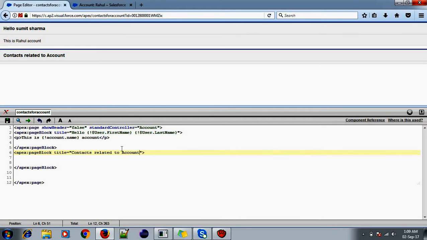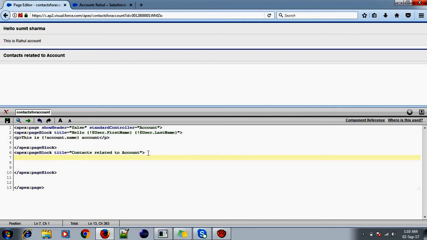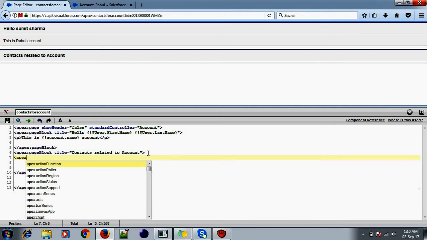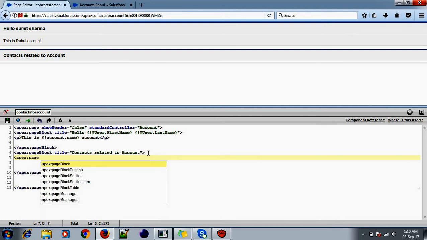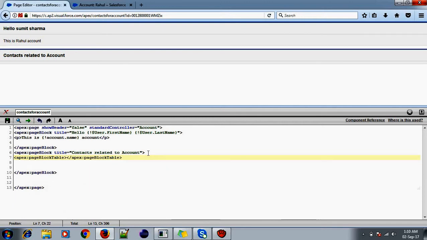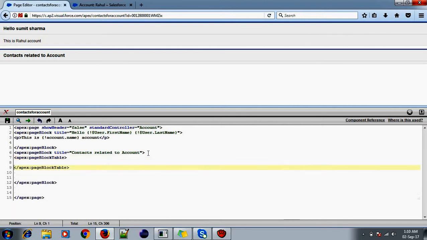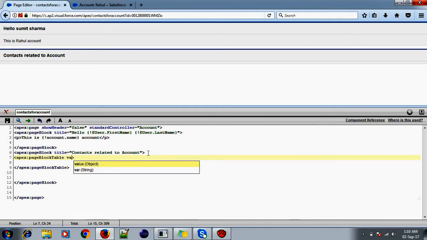Now I'll take an apex:pageBlockTable, and for value we can give account.contacts,